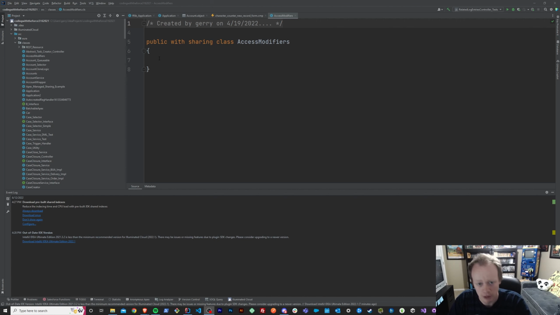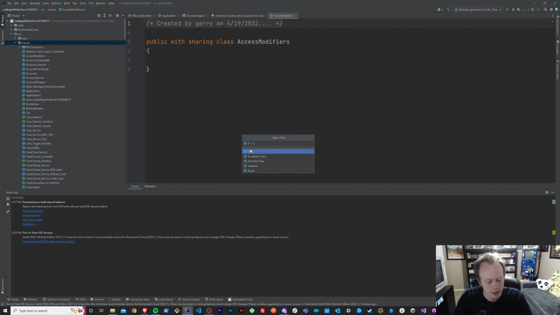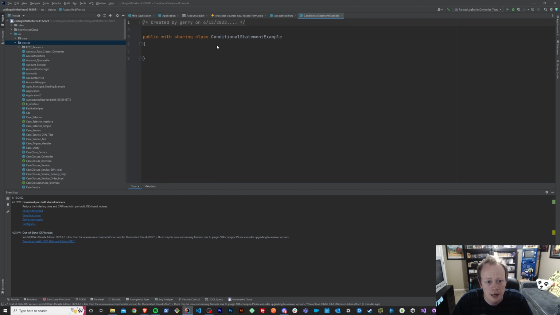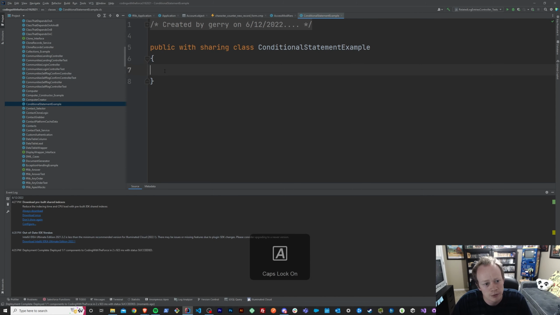All right, guys. So let's do an example in Apex together and just figure out how conditional statements work. I am going to create a new Apex class, and we'll just call this ConditionalStatementExample. And I'm going to zoom in, maybe. Okay, there we go. And I'm going to make a method,